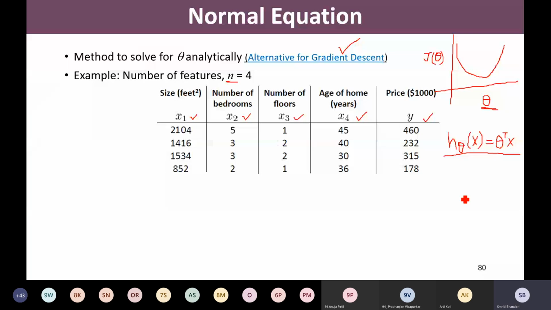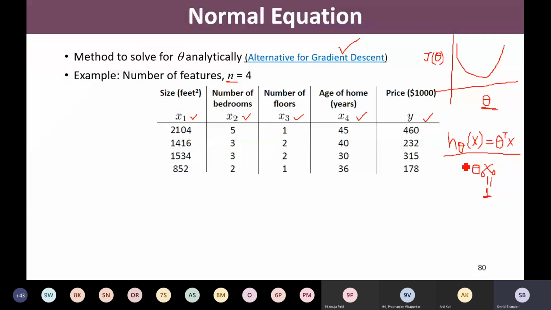So, in the earlier discussion, what we have mentioned is we may come up with a generalized hypothesis h theta x equal to theta transpose x. And to come up with this theta transpose x, we mentioned that with this parameter theta 0, we need to add one additional feature x0, for which always this x0 would have the value 1. Do you remember this?